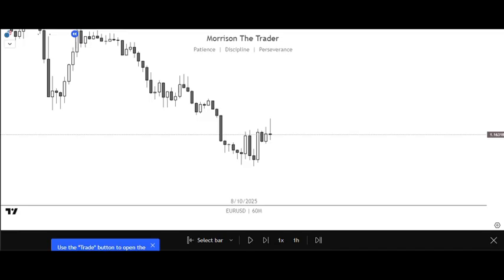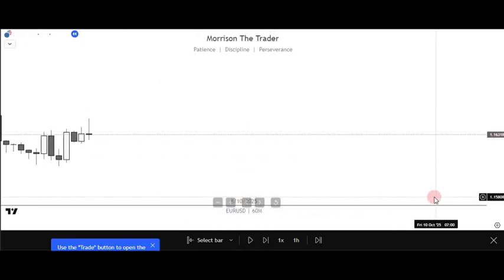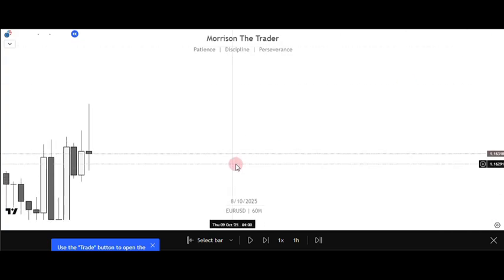When we say change in state of delivery, what is change in state of delivery? As the name suggests, it is a change in state of delivery. It could be a change in state of delivery from bullish to bearish, right? Or a change in state of delivery from bearish to bullish. So now let's look at what a change in state of delivery looks like. This current candle that we have right here,